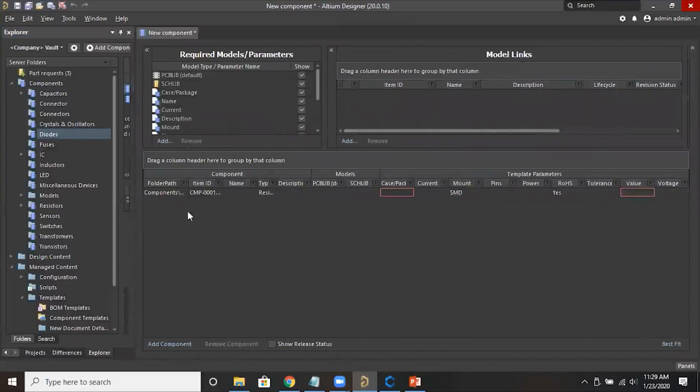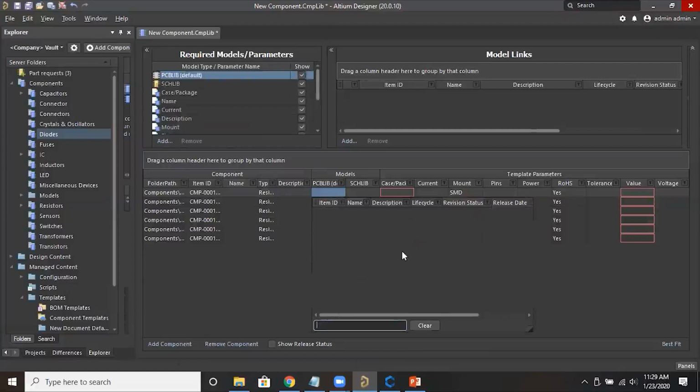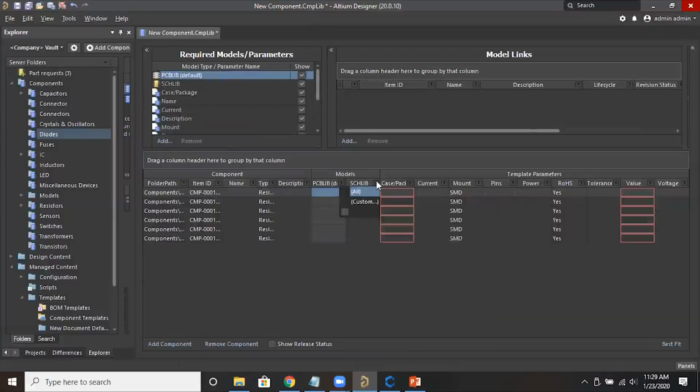Now you can add a number of components like this, and you can mention different values and select the PCB library, and the semantic library also, by simply selecting the existing semantic symbol and PCB symbol.